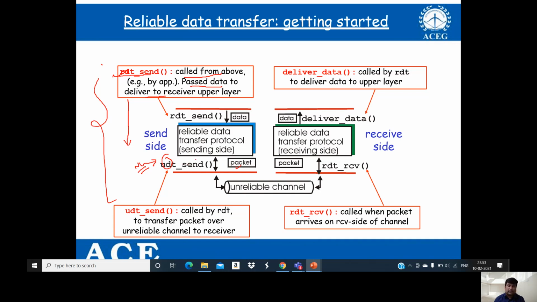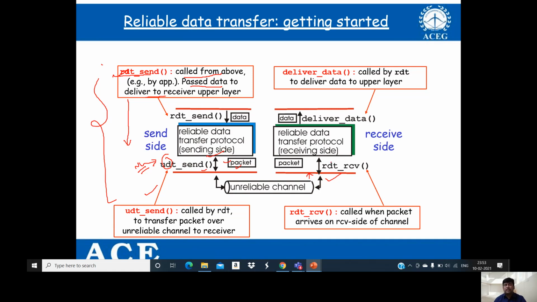So the job of the network layer is to receive the data from the transport layer, convert the data into packets, and then send that data through an unreliable channel. This is the second function which we are using. So the transport layer uses reliable data transfer send, and the network layer of the sender will be using unreliable data send. Now on the receiver side, the network layer will receive the packet which is delivered by the